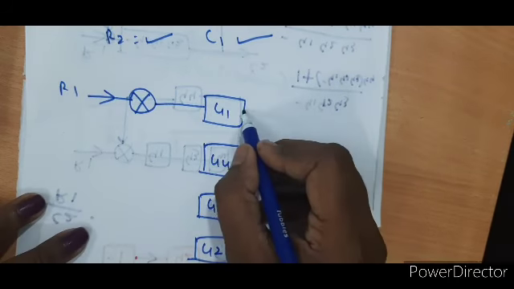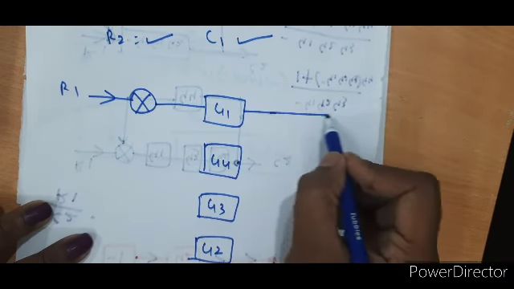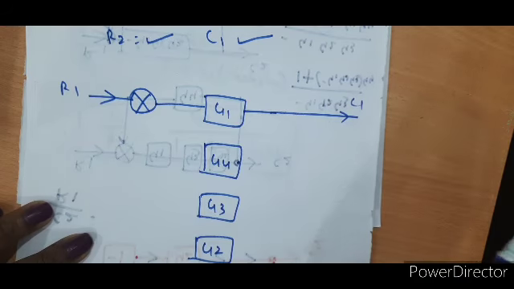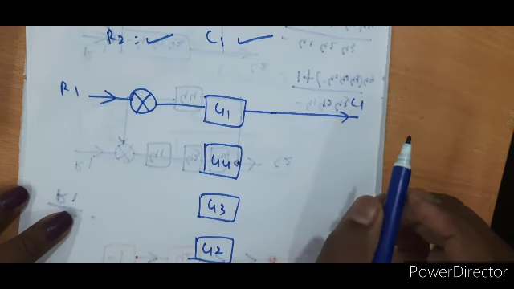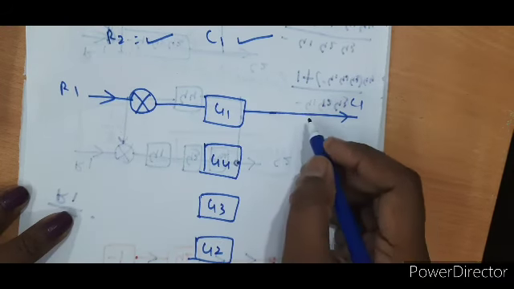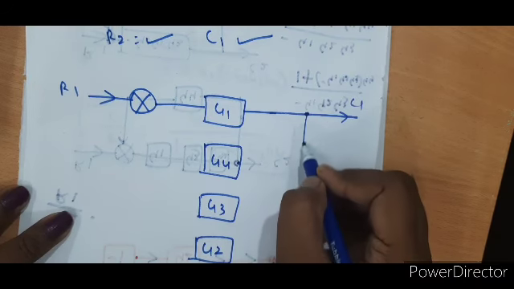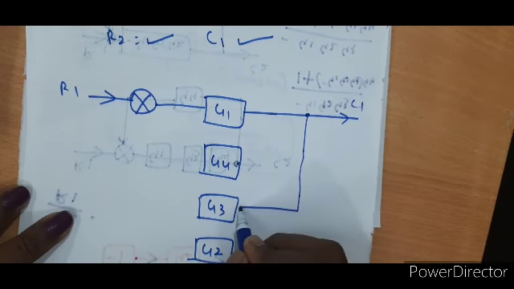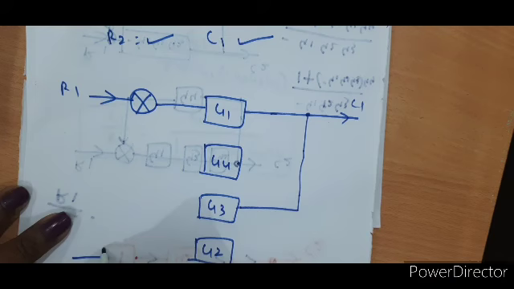Okay, now what I have been told is C1 is existing. Okay, then a part of the output from here is connected to G3. Then what I have been told here is R1 is